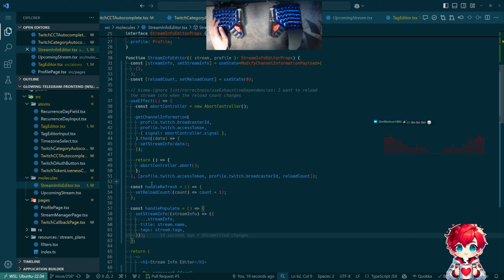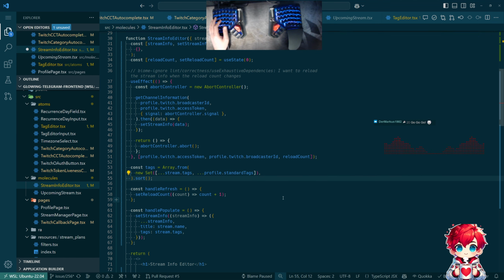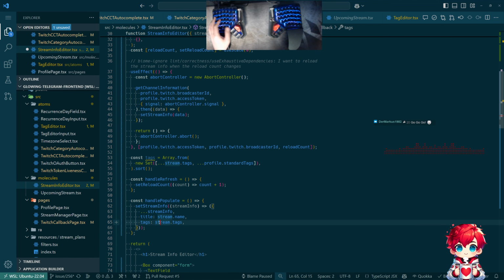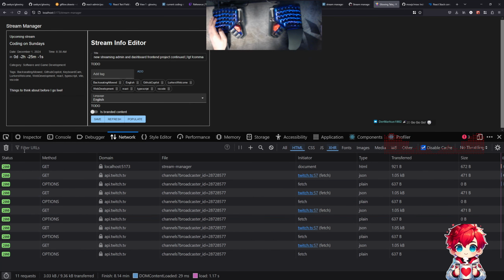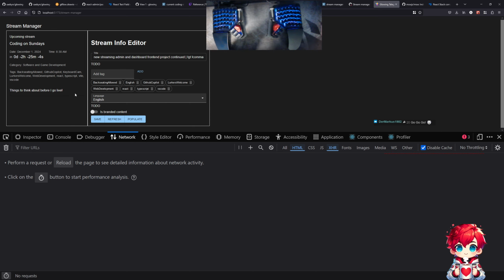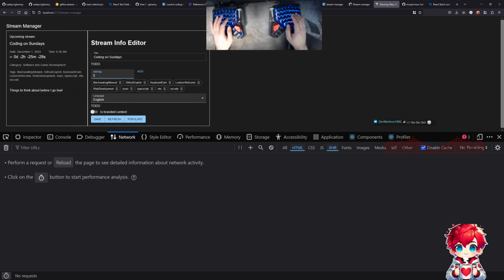Yeah, and I can do that. Put that code in here. So that should work, right? Notice this set of tags doesn't include beat. What else are we missing? I didn't put keyboard cam on this stream. So if I hit populate, bam, coding on Sundays becomes the title, and then all of the tags appear over here. So then if I add a different tag,